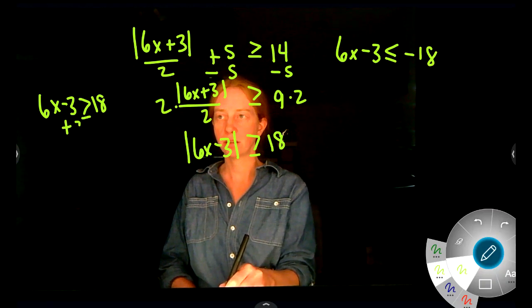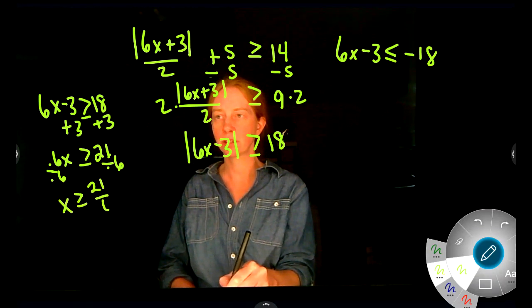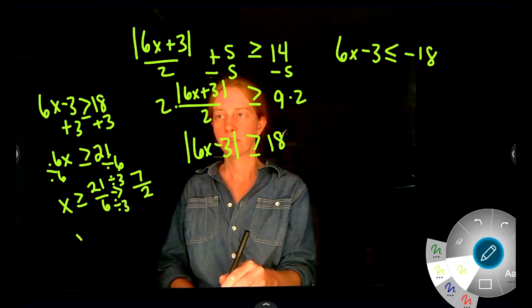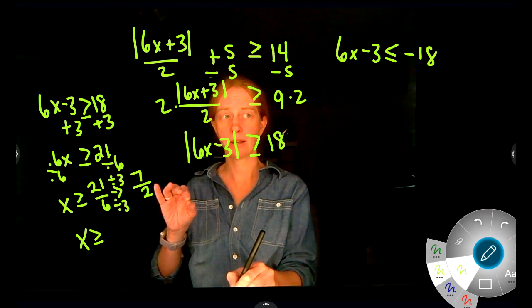All right, so let's start. So plus 3 on both sides. This is 21. Okay, x, we're dividing by 6. So we have x is greater than or equal to 21 over 6. You know what? That can be reduced, my friends. We're going to divide by 3 on the top and the bottom. 21 divided by 3 is 7. 6 divided by 3 is 2. So x is greater than or equal to 7 over 2, which, by the way,